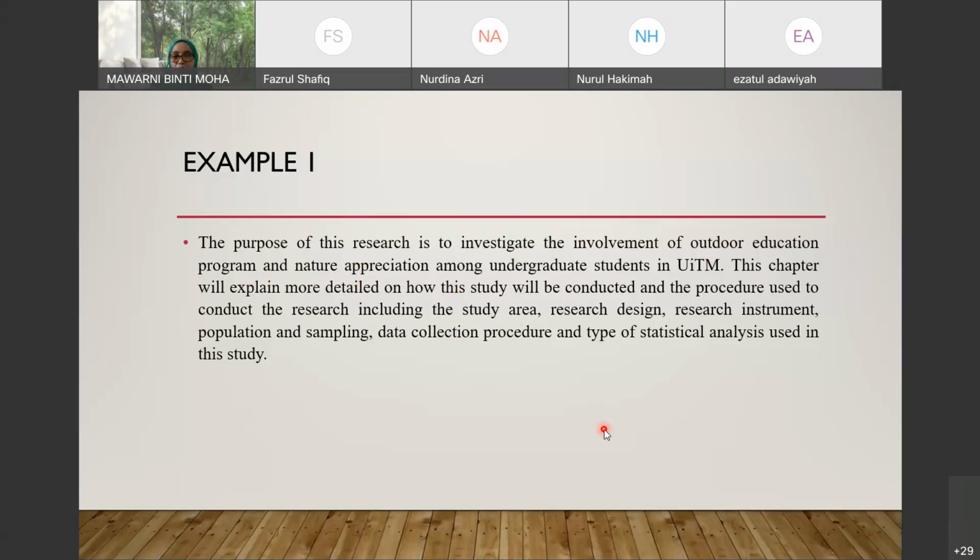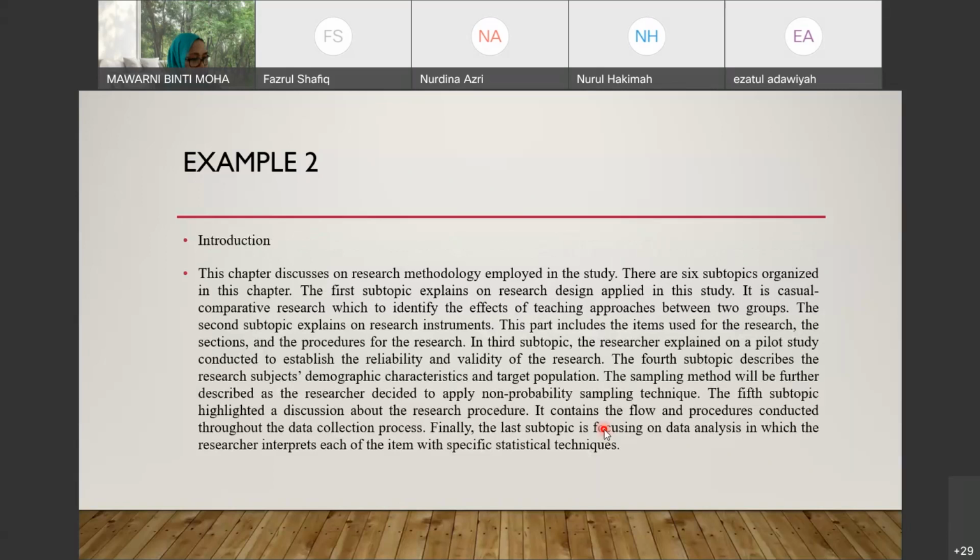Because later you want to talk about the research methodology. Somehow or other it relates to the issue or the background of the study. The issues why you want to conduct this. Okay, but that doesn't mean that it's wrong. Cuma missing that one particular aspect. Okay, next slide. Read this. What do you think that is missing here?